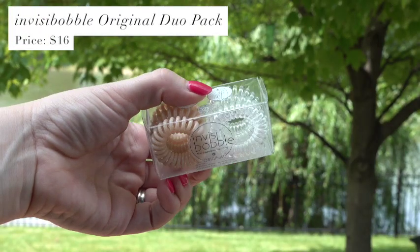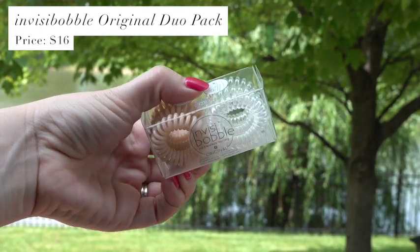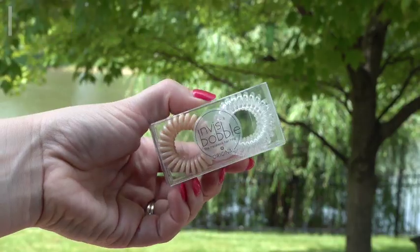Next in here are these invisibobbles. They call it the traceless hair ring. I've had these before. Some people swear by these. I'm not a big fan of them, to be honest. My hair, I mean, you're seeing it today and it's been blow dried and kind of heat styled with the curling wand,